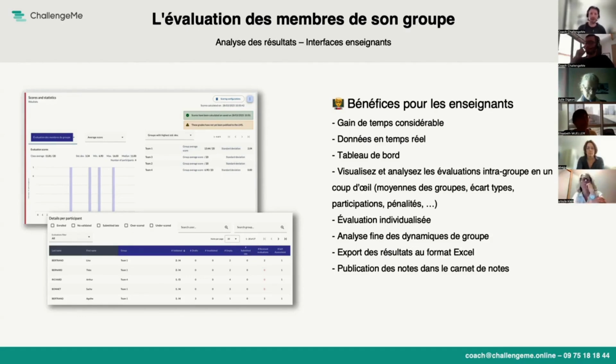This can be done very simply with just one click. As long as the item is present in the gradebook, you can publish each student's grades individually into this gradebook. And in your course gradebook, you can apply weightings in relation to other grades that have also been entered in this gradebook. So those are the benefits of the platform